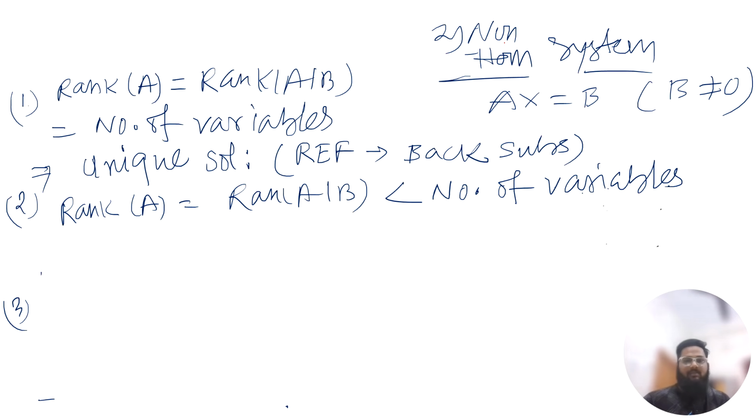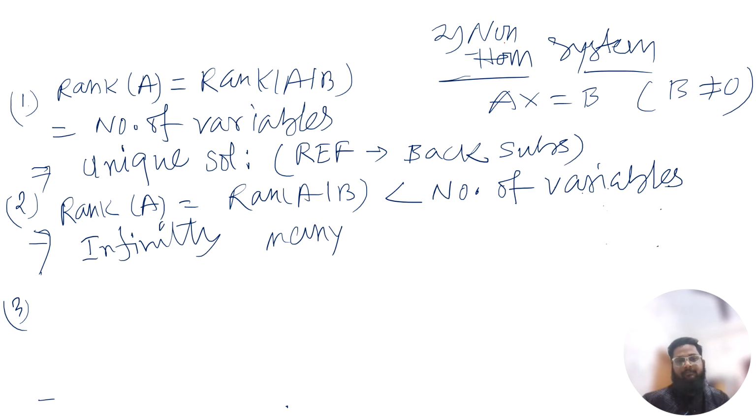So if the rank is the same but the value is less than the number of variables, it has infinitely many solutions. The same process: you write the REF form, do the back calculation. If you are getting fewer equations, then take some variables as free variables, that means take k1, k2, or if required only k. And the third case is